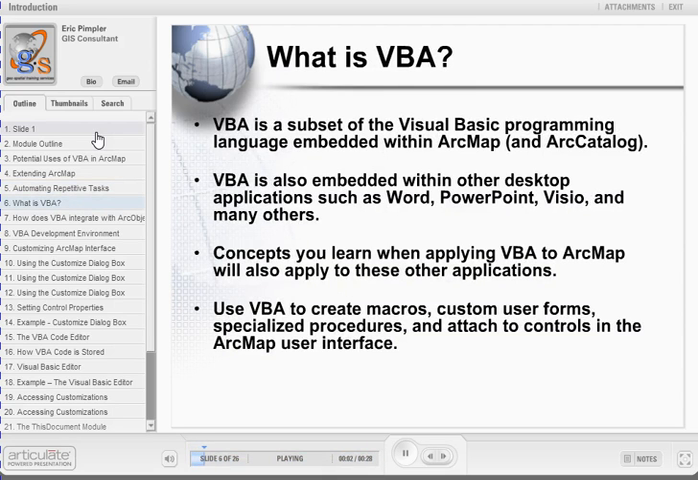VBA is a subset of the Visual Basic programming language and is embedded with ArcMap and ArcCatalog. In addition, VBA is embedded within many other desktop applications, including Microsoft Office products, AutoCAD, and many others. This is great because the concepts you learn using VBA with ArcMap can also be applied to other products that are coupled with VBA. VBA can be used with ArcMap to create macros and specialized applications that extend basic ArcMap